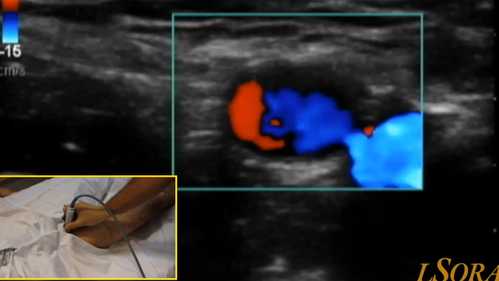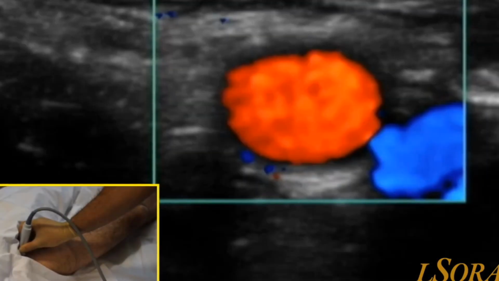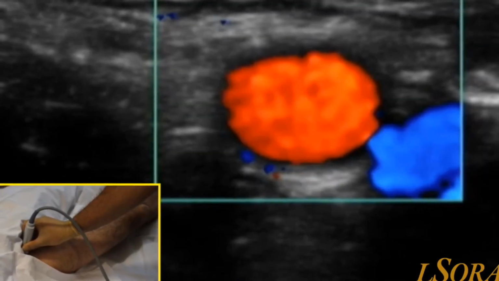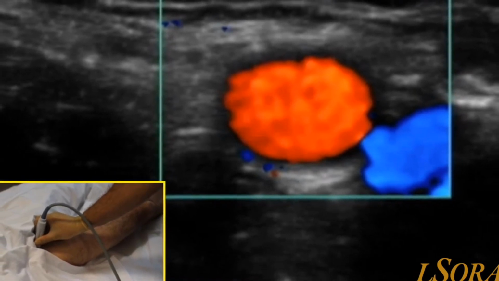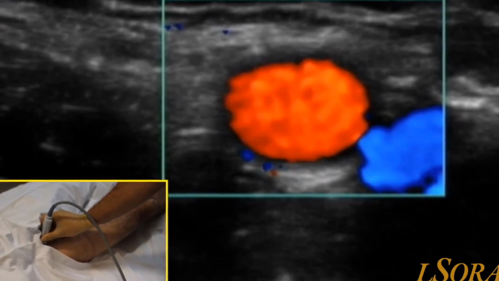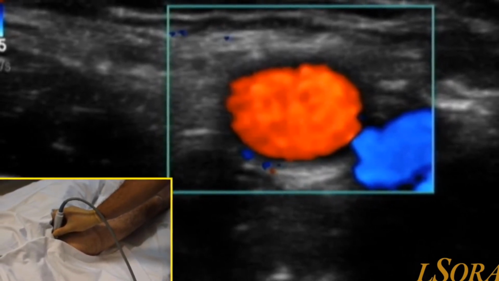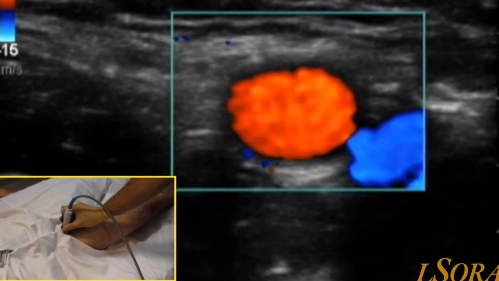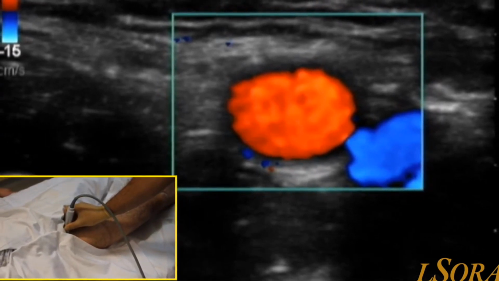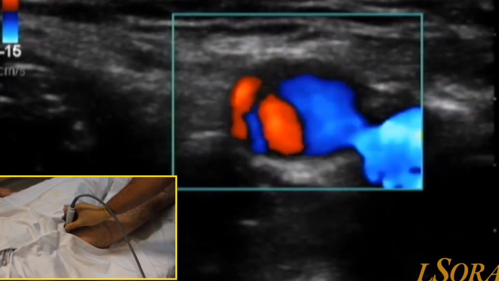A high-frequency linear probe is placed transversely in the right groin. The colour Doppler mode is employed to ensure clear identification of a single femoral artery and a femoral vein. If two arterial pulsations are visualized, it means the probe is too distal in the limb, as the profunda femoris has already branched off. It is also important to identify whether the lateral circumflex femoral artery is within the line